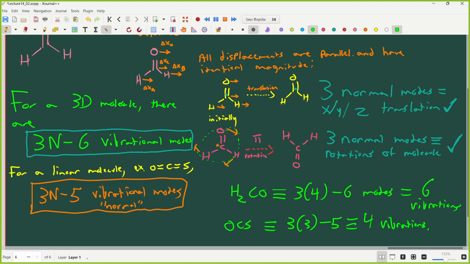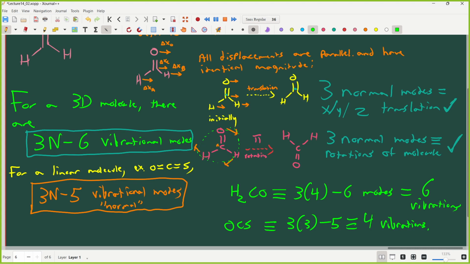You do see those 6 peaks. Theoretically, you do. Some of them you don't. We'll talk about why. But they're theoretically there. All 6 of them can be accounted for. And in fact, I think I've even personally observed formaldehyde in all 6 of its vibrational modes in my own work. But there are caveats, and there are more modes than that, because what we haven't considered, for instance, is